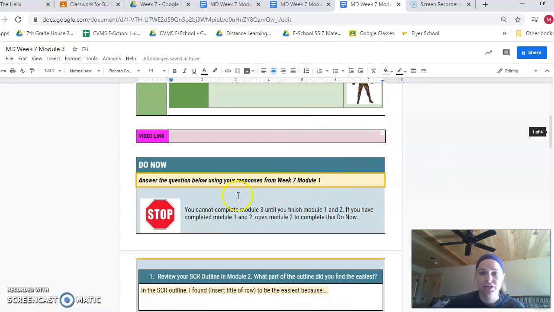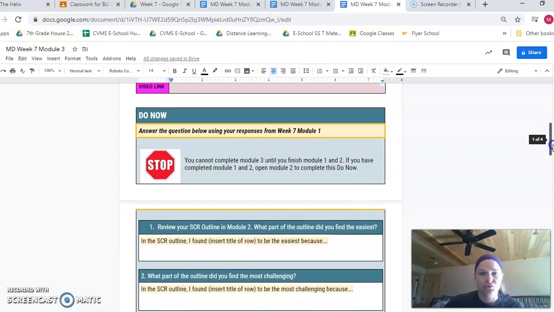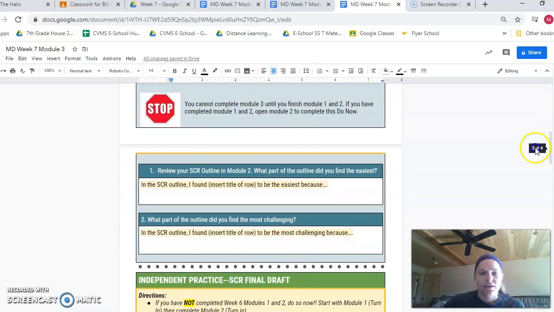So you're due now. You are going to answer questions 1 and 2, but this stop sign is here because if you have not done modules 1 and 2 yet, you are not going to be able to do module 3, and there's no point. Okay, so that stop is that if you have not done 1 and 2, you need to go back and do 1 and 2. If you have done those, what you're going to do is go back to module 2